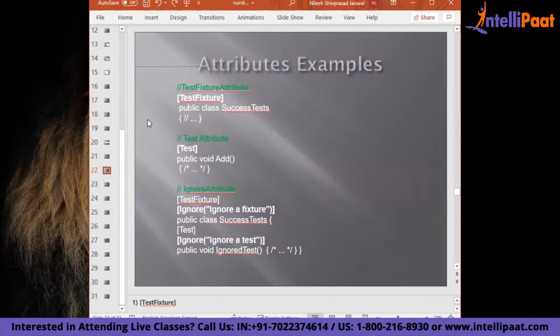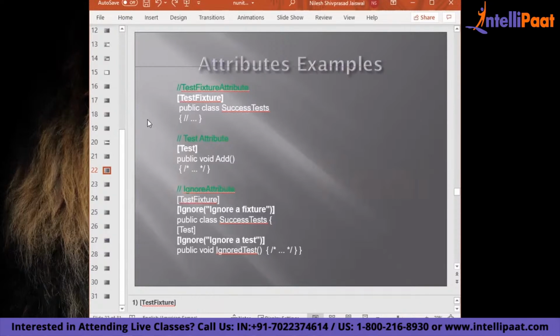Okay, it will not run. It will not run as a test case. It will not run as a test method, but it will not even consider this as a test method. It is just a null method. And yes, there are some scenarios where in my test class, I need some private methods